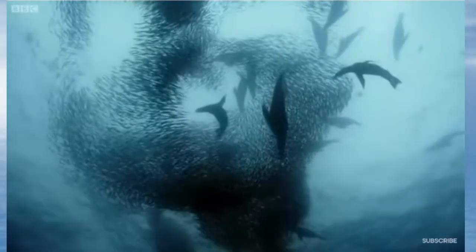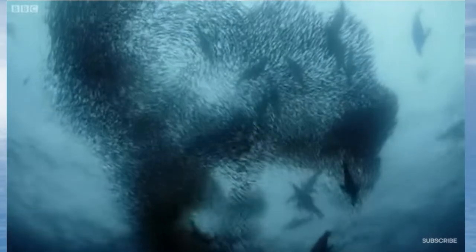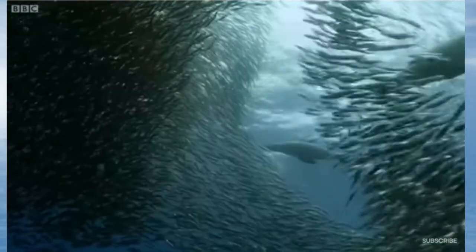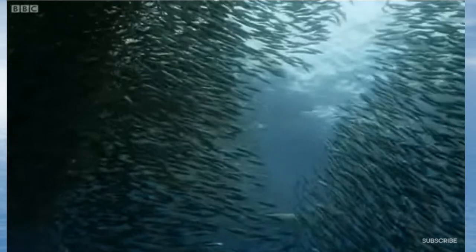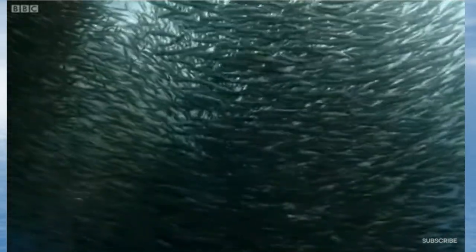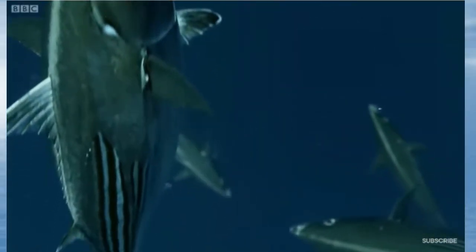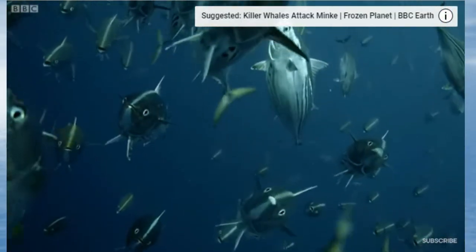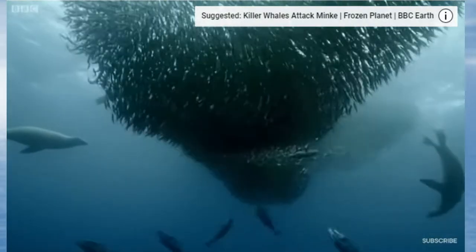But with so few predators, the fish still have the advantage. All the sea lions can do is keep the sardines at the surface and wait for others to join them. Tuna. Their arrival changes everything.